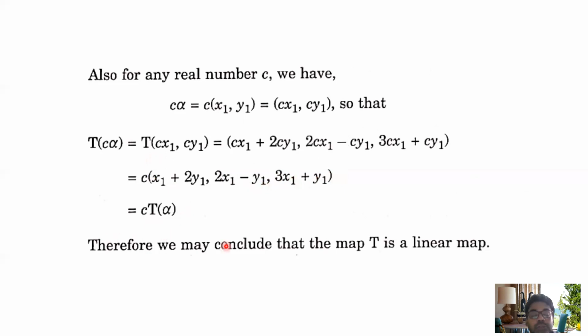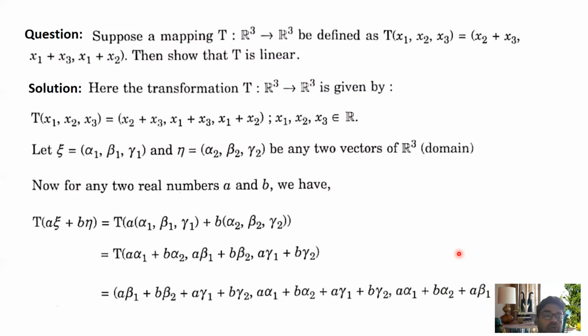Therefore we may conclude that T satisfies both the conditions, T(alpha + beta) is equal to T alpha plus T beta, as well as T(C alpha) is equal to C T alpha. Therefore the mapping T is a linear mapping. So this is the first example. Next, question number 2. Suppose a mapping T from R3 to R3, that is 3-dimensional to 3-dimensional, is defined by